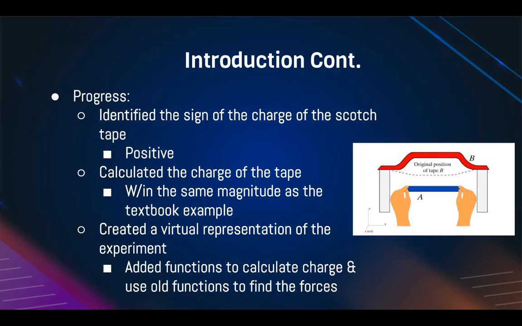So I was able to complete the lab, and I had to make a few minimal changes to my code in order to correctly transfer the data from my experiment to Python. I identified the sign of the charge of the Scotch tape to be positive through different interactions, and the charge that I calculated was within the same magnitude as the textbook example. And I created a virtual representation that I mentioned in VPython by adding functions to calculate charge and using old functions from Lab 0 to help me in finding the magnitude of the forces and